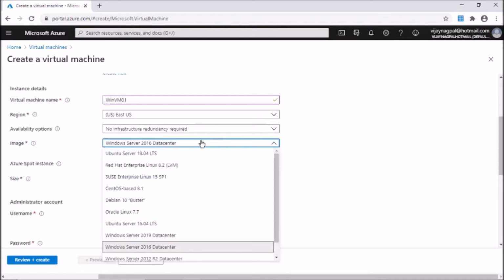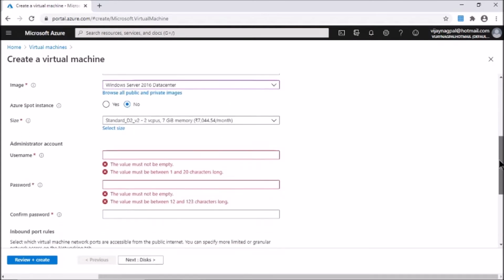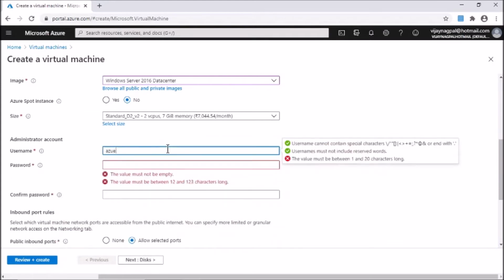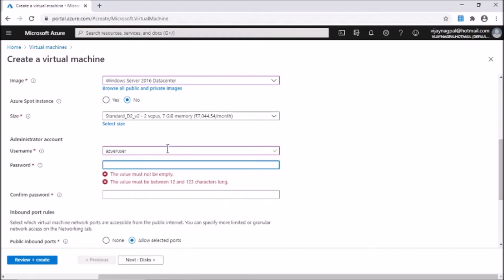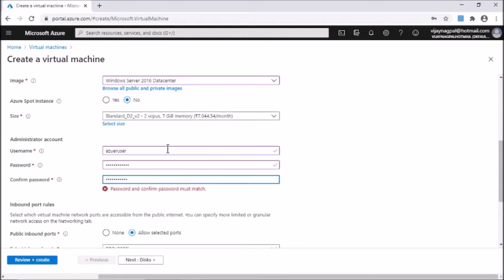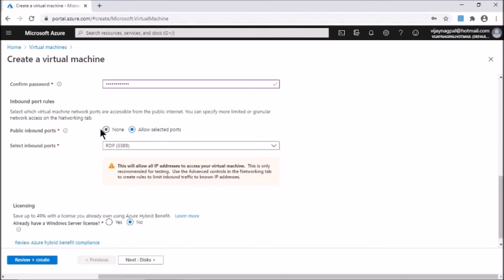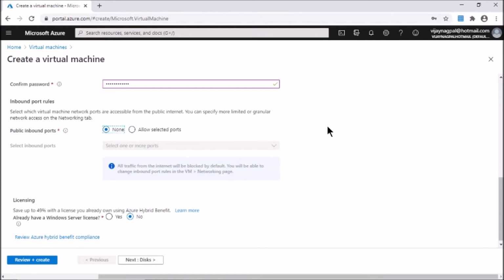I will select the operating system version as Windows 2016. Size is fine. Provide the username. Here I am going to select none because I don't want this virtual machine to be accessible over the internet.